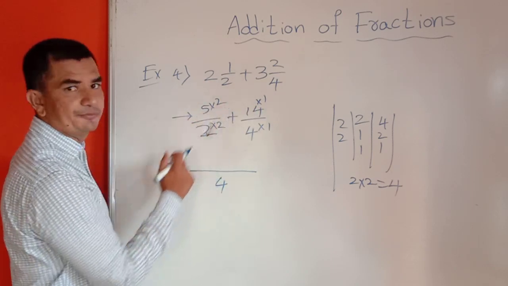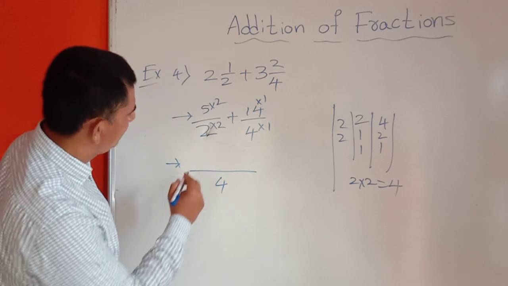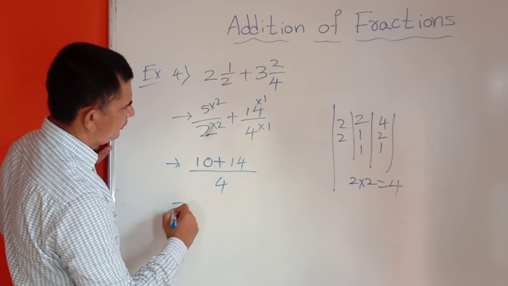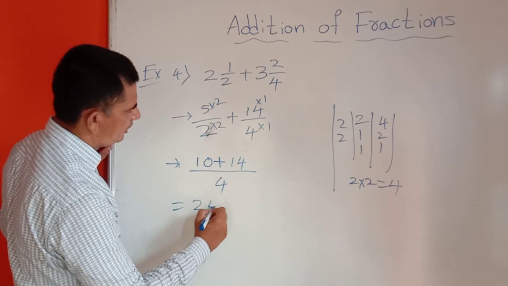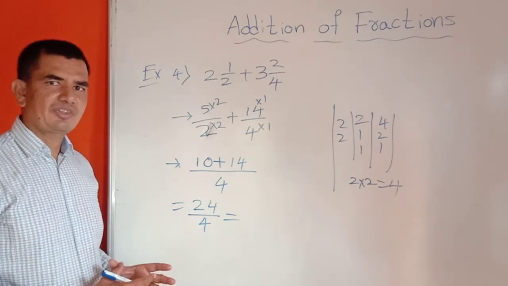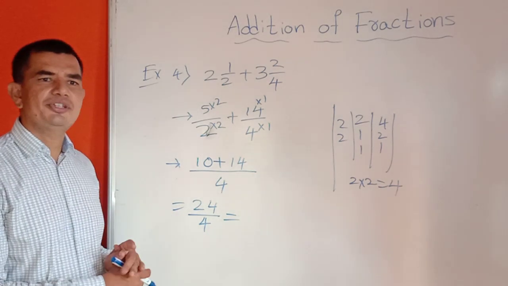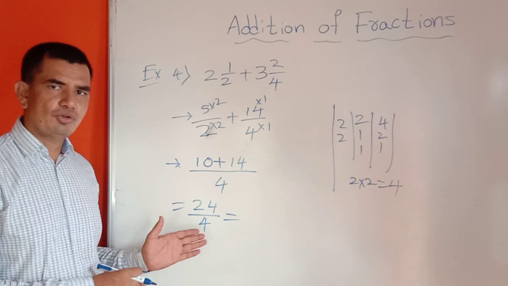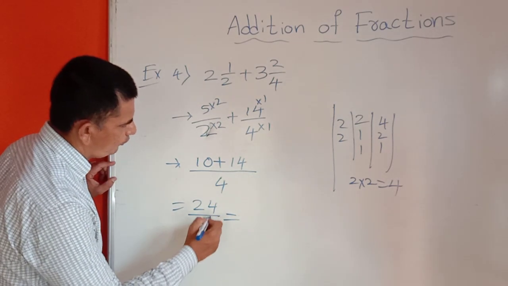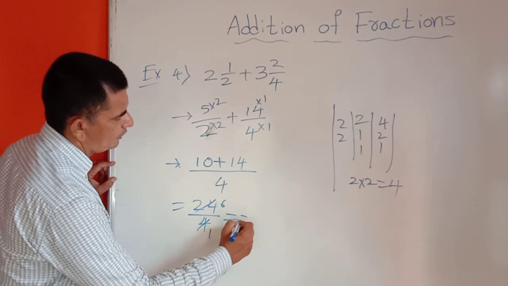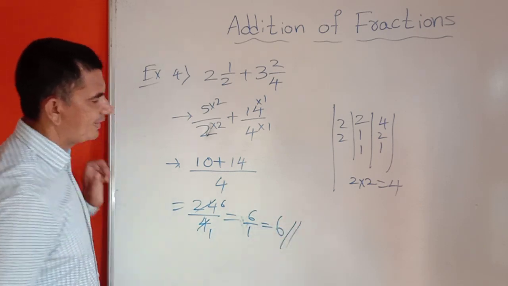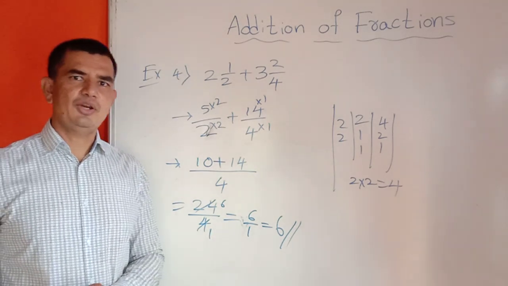Now here, you can see this numerator, 5 2s are 10 plus 14 1s are 14. So 10 plus 14, it becomes 24 by 4. So 24 by 4 is the answer. After that we have to simplify. Is it possible to simplify or not? If it is not possible, you can write in mixed fraction also. So you can cancel this one. 4 ones are 4, 4 6s are 24. So we got here 6 by 1, which is equal to 6. So the answer is 6. So students, I hope you all understood.